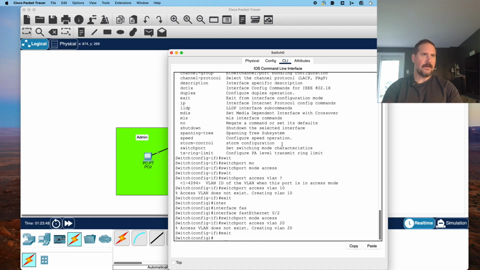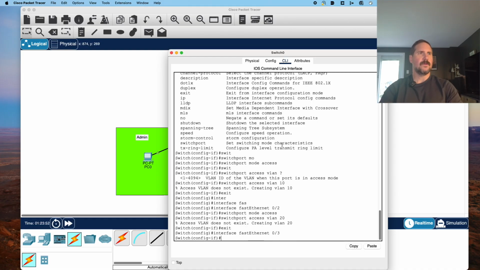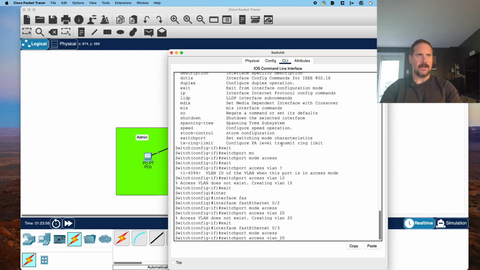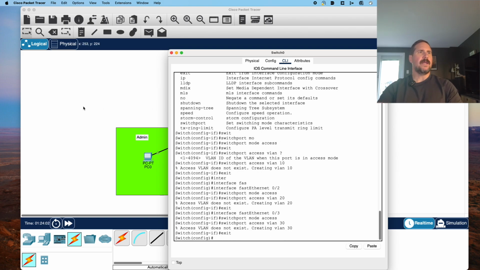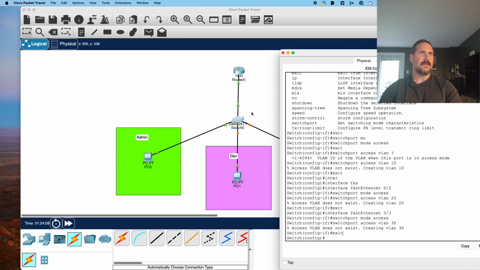Exit, and then fast Ethernet 0/3. Switchport mode access, switchport access VLAN 30. And exit. All right, and now the trunk port, which is going to be this line here, this port, FA04,